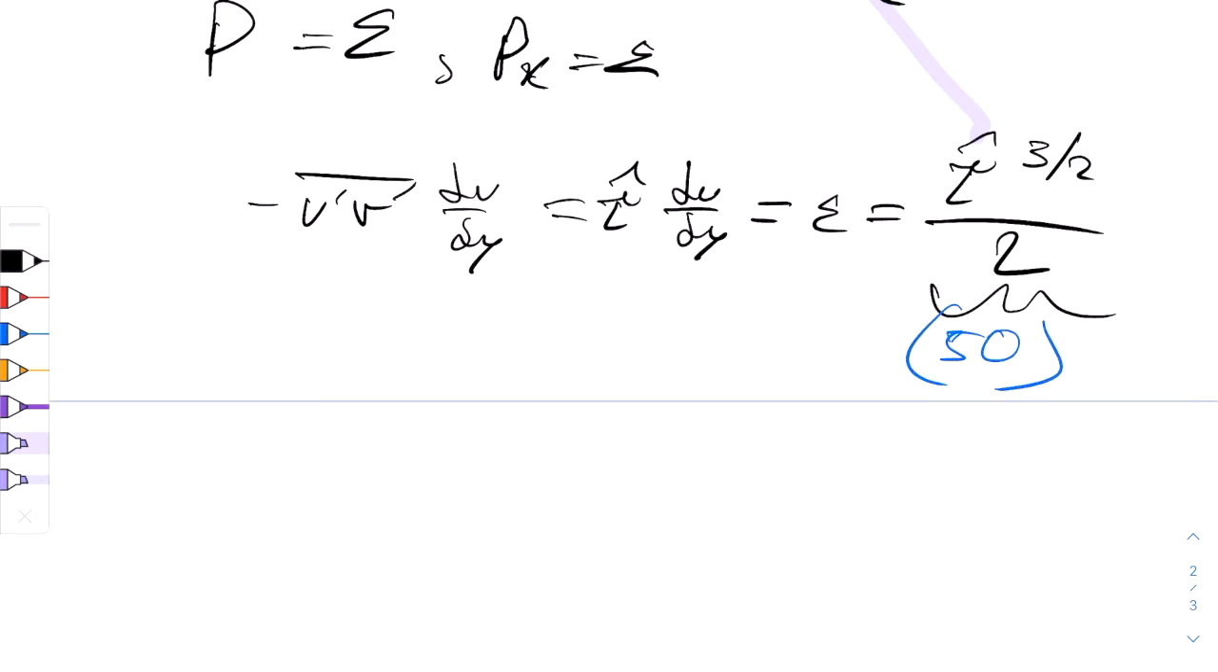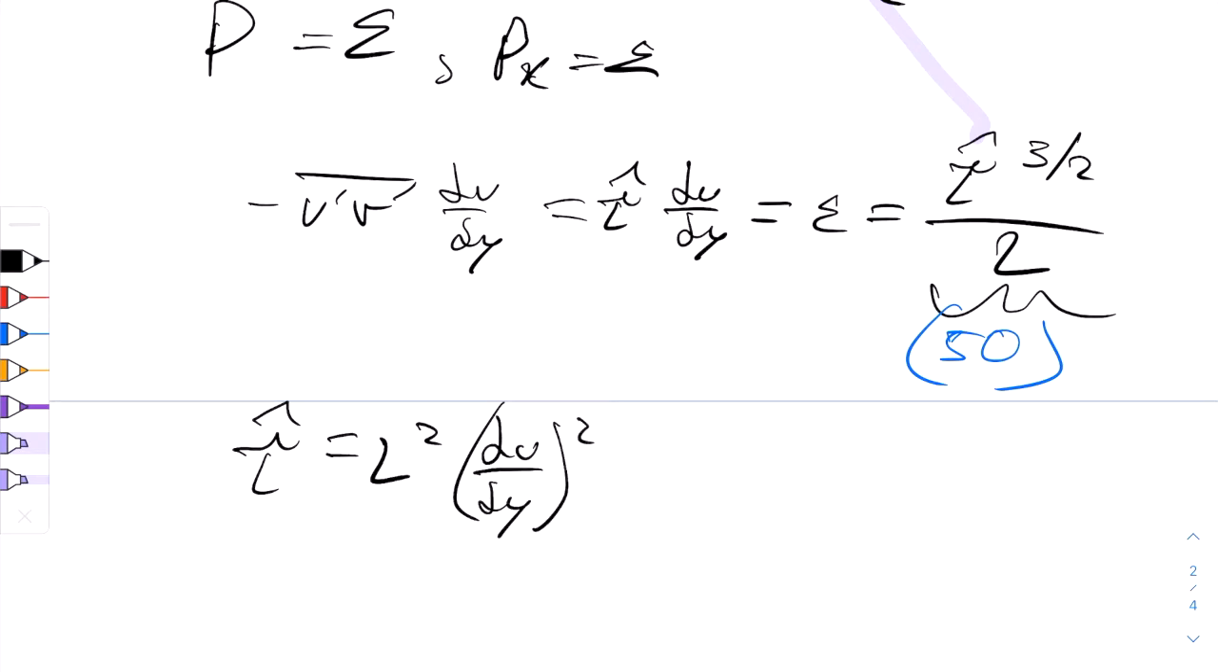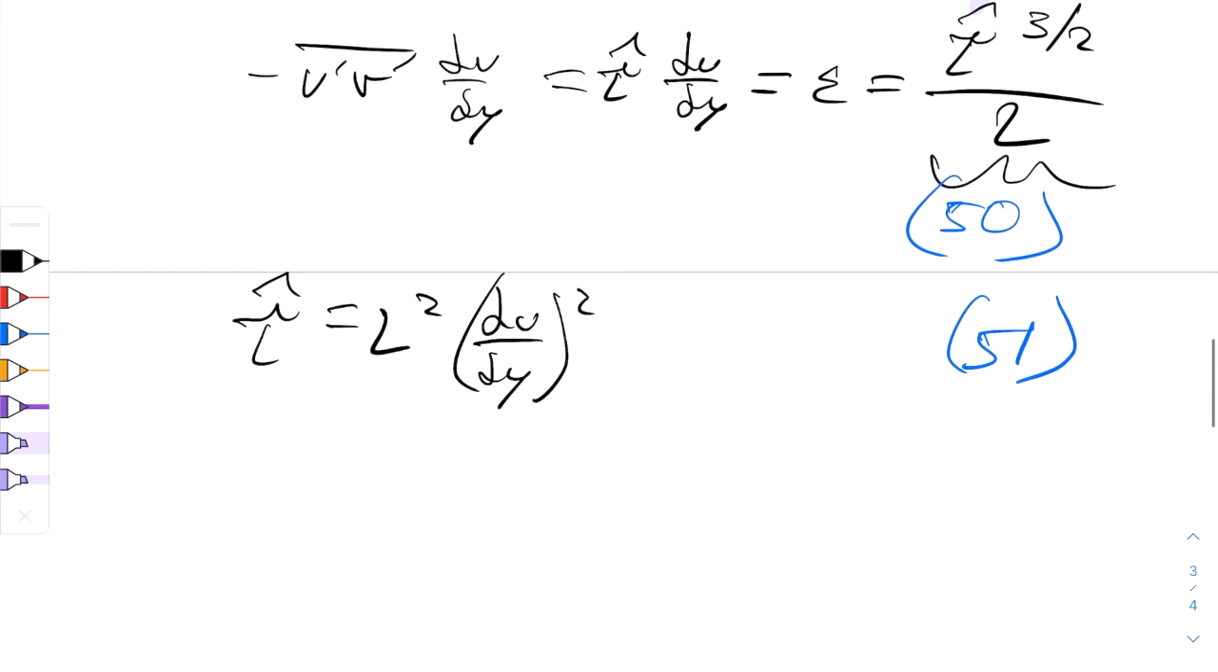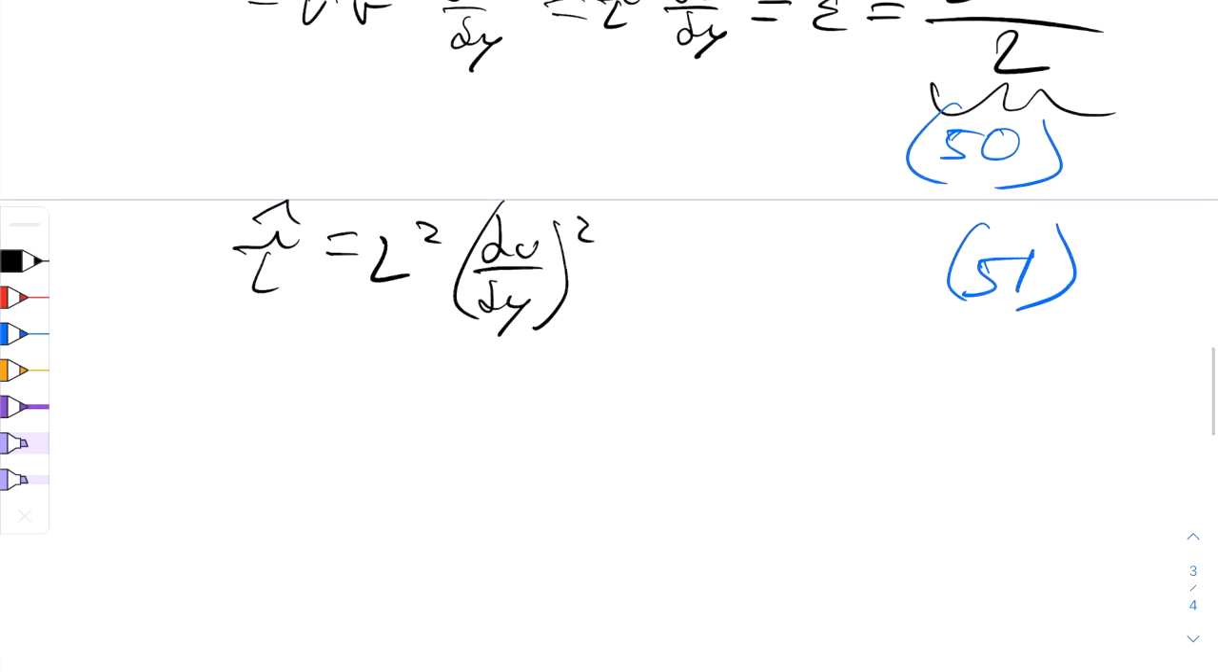Okay, and you can simplify 50 and find equation 51. We've got tau hat equals L squared times (partial u partial y) squared, which is a very simple differential equation, and that's a very important equation 51. You'll see for the particular case where the length scale is equal to the mixing length scale,